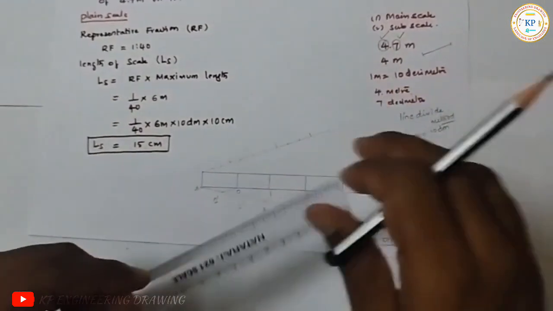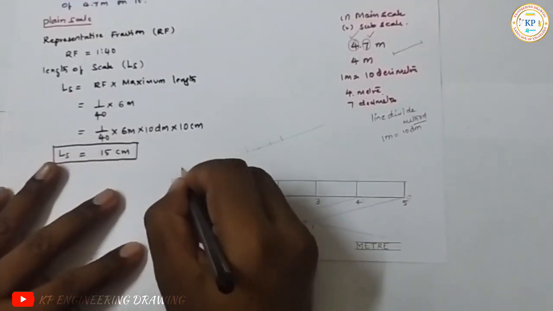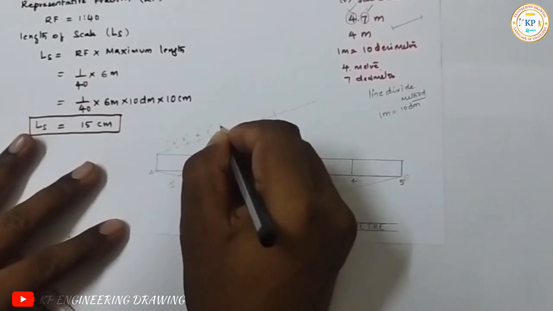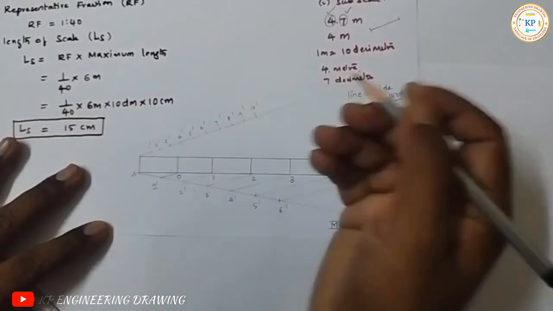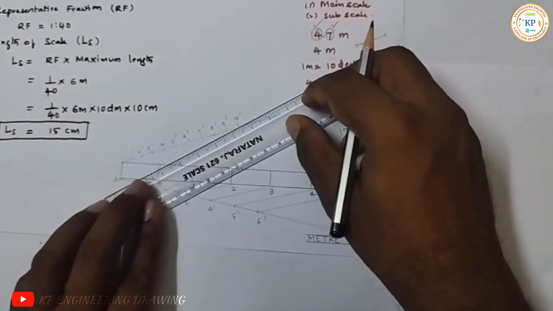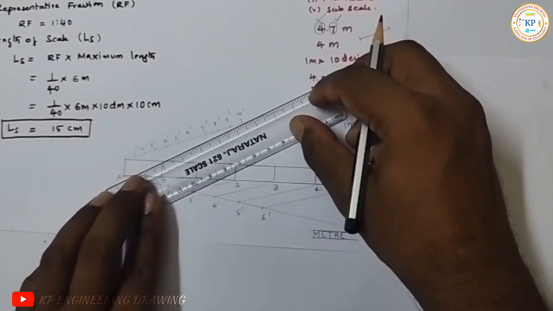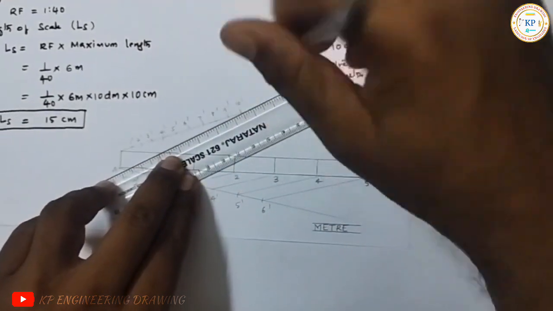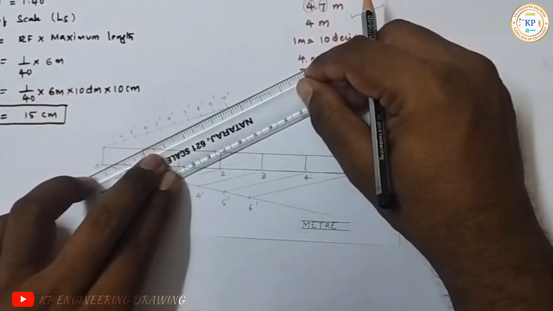Now you join all these points, say this is 1 dash, 2 dash, 3 dash, 4 dash, 5 dash, 6 dash, 7 dash, 8 dash, 9 dash and 10 dash. So join the 10th point with 0, right? Draw a line. You fix your drafter again, okay, and move to the next point, that is